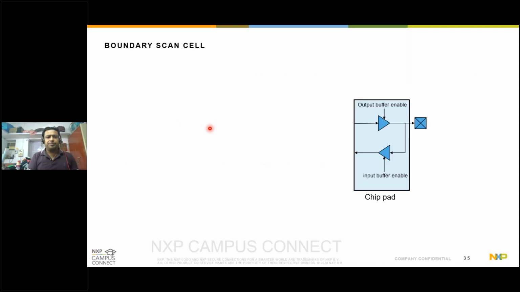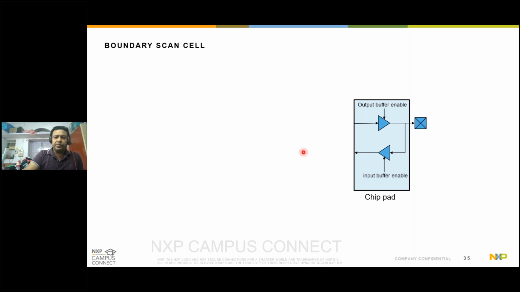Now let's see what design modifications you need to do in your design to support boundary scan. This is a typical picture of a chip pad, which consists of an output buffer and an input buffer. Whenever you want to drive an output on this pad, you will assert this output buffer enable, and you will drive a logic coming from some internal node on this pad. If you want to configure this pad as input, you will turn off this output buffer enable, and you will turn on this input buffer enable, and whatever logic is driven from outside on this pad would be fed